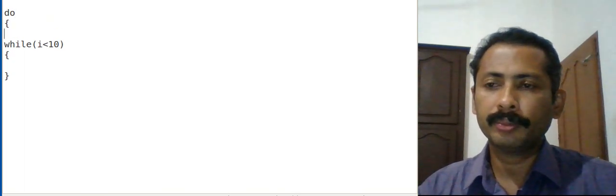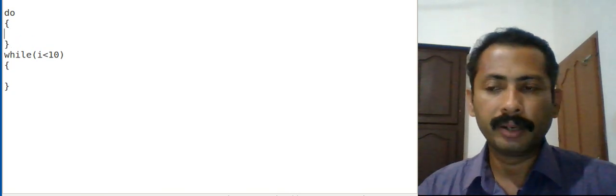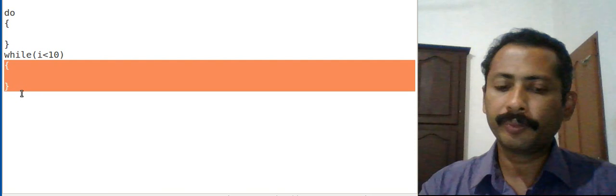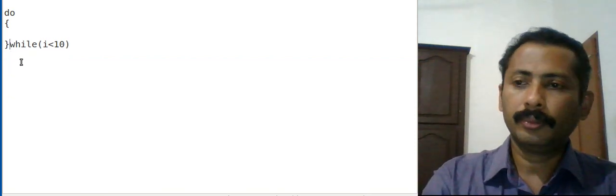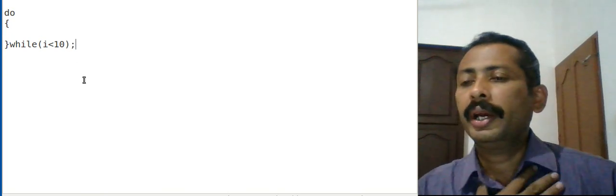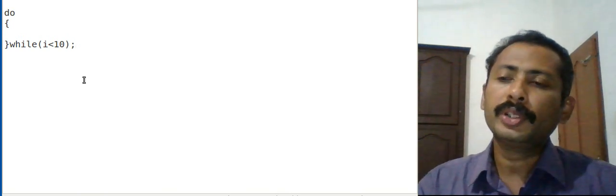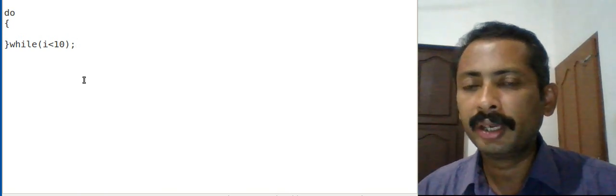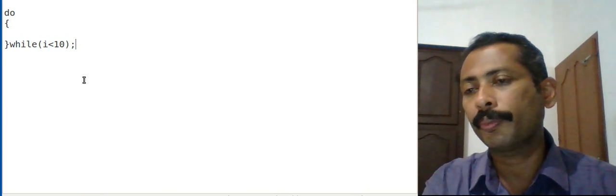Do while loop. So this has opening and closing braces, and inside that we give the statements for execution, and this is the syntax for the do while loop. This shows that the condition is at the end of the loop, and so this loop is an exit control loop.